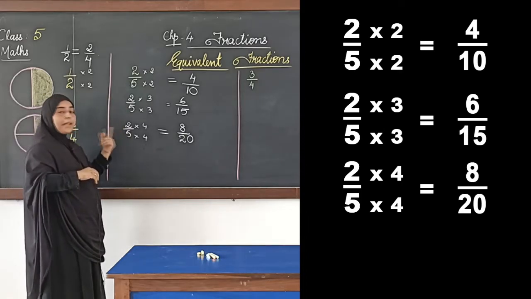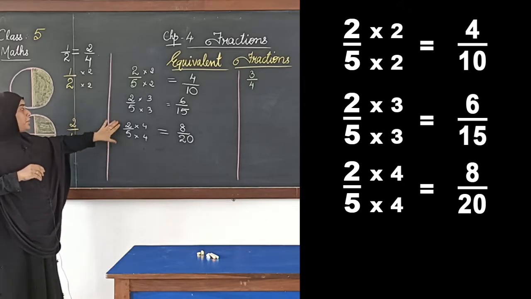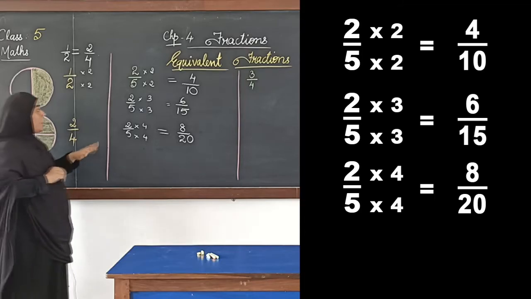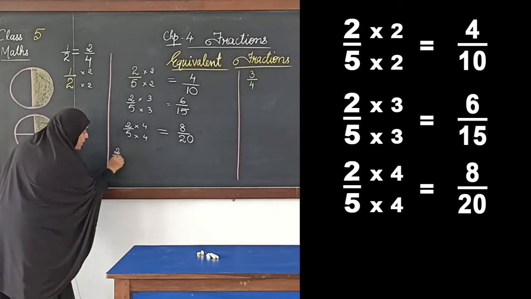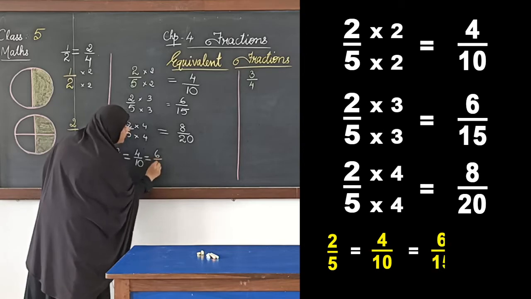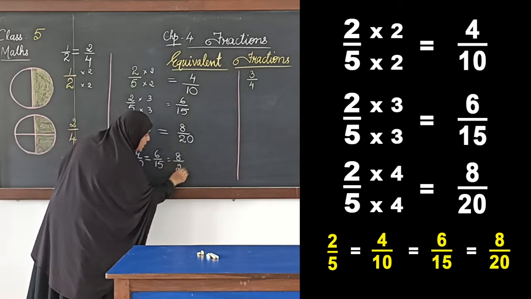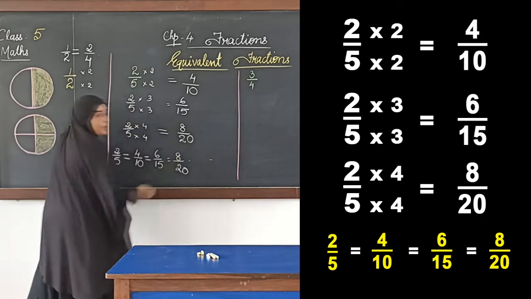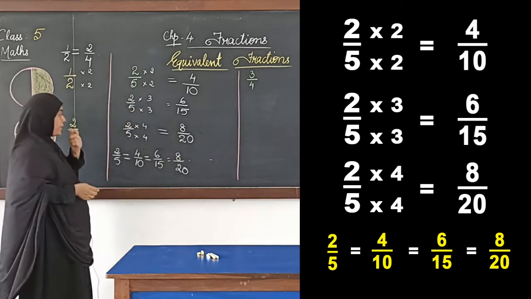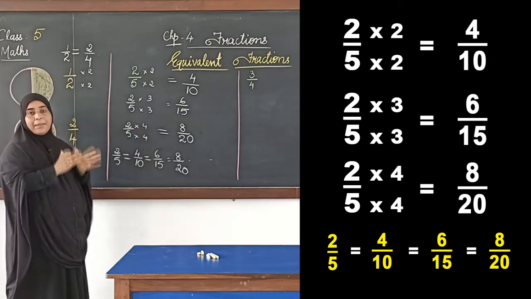So, we can get as many equivalent fractions as we want for a particular fraction. I can say that 2 by 5 is equal to 4 by 10 and it is equal to 6 by 15, that is also equal to 8 by 20 and so on. I can get many fractions for 2 by 5, but all of these fractions will show the same amount